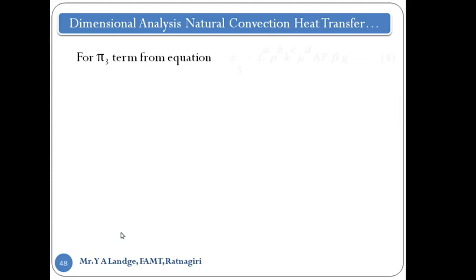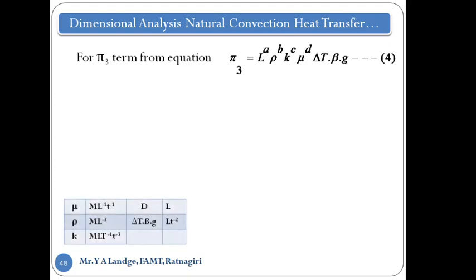And the last one, the pi 3 term, again I am writing the equation L rho k mu. This is the core group we consider. Okay, A, B, C, D is the power. And this is the another term that we add, delta T beta into G. So again the same thing we do. We have this table. Okay, with the help of this table we are writing the dimensions of L rho k mu. Then we write the dimensions for delta T beta G, and delta T beta G it is dimension L into T raised to power minus 2. Okay, so we put all this one and we write the equation,